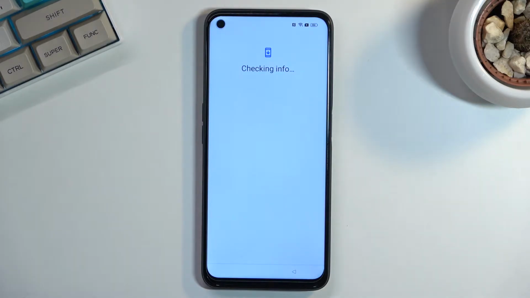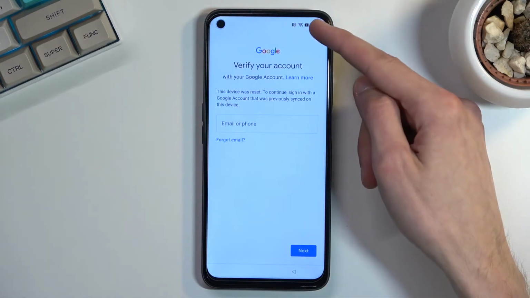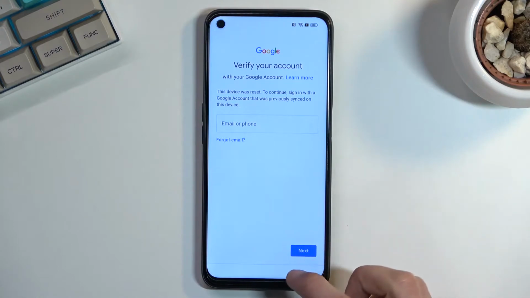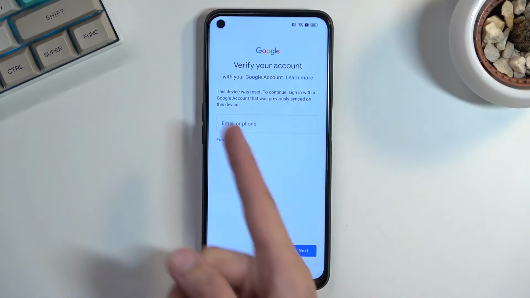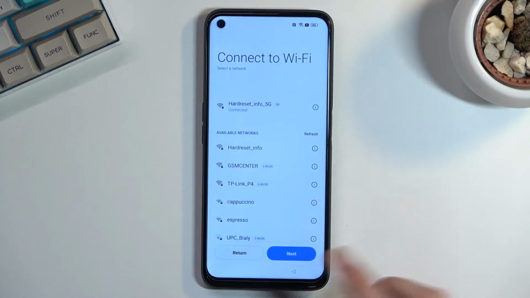Now, to get started, there is one thing that we will need, and that is an internet connection. I have already connected to a network, as you can see right here, the icon. Additionally, you can see there is the verify your account. I am also connected to Wi-Fi. Once you have connected to it, you just go to the setup, connect to it, and once you